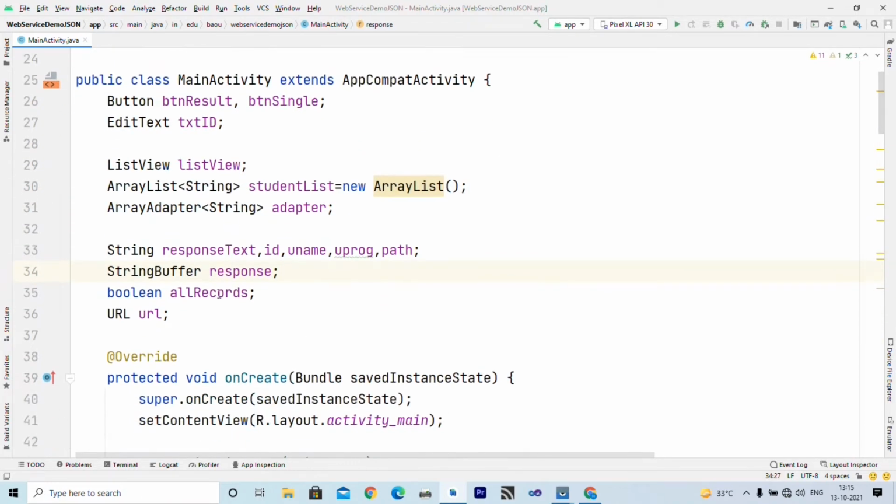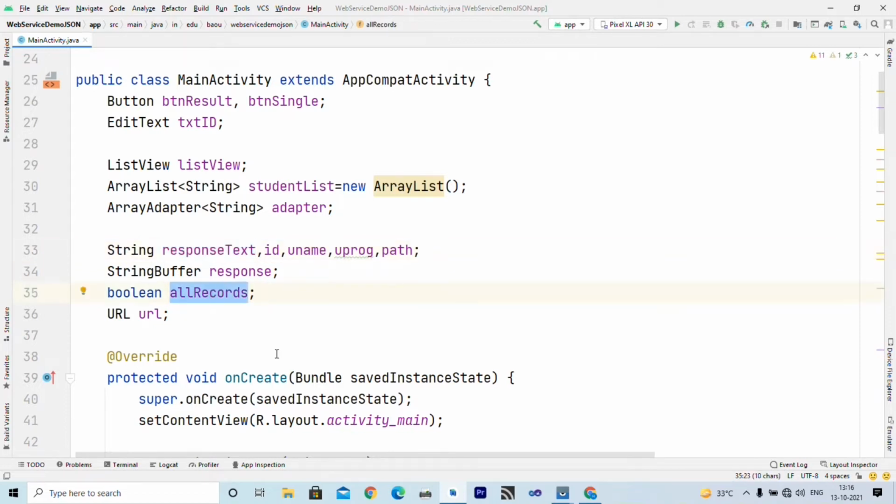Then I have declared various strings to fetch ID, username, program and path, and whatever response is returned by that URL is stored in response text, and this is a string buffer that fetches data from the server line by line, and finally we store that inside response text.